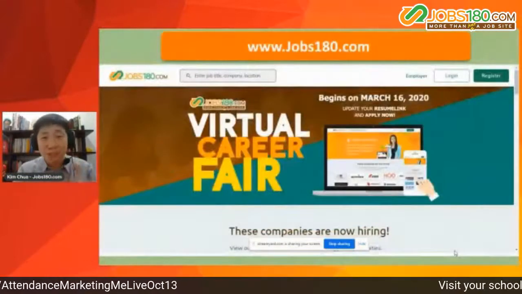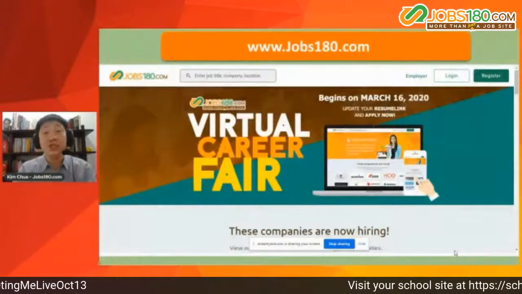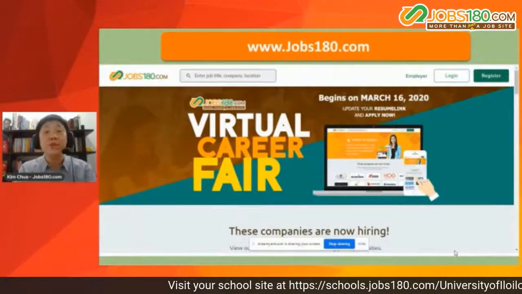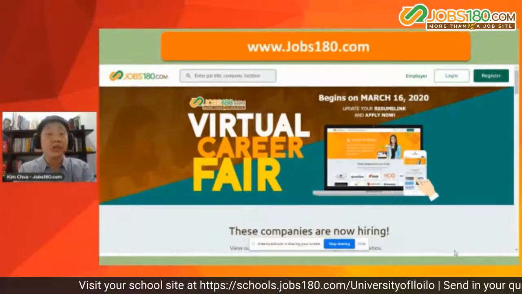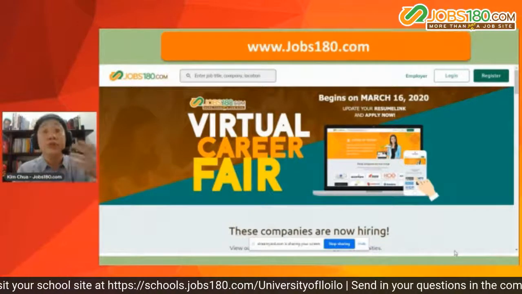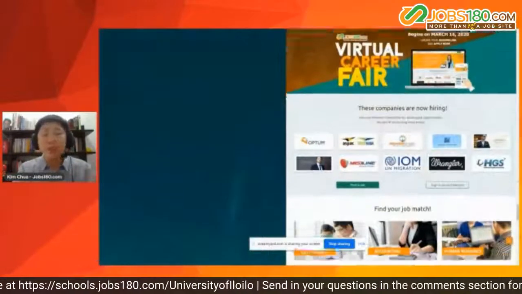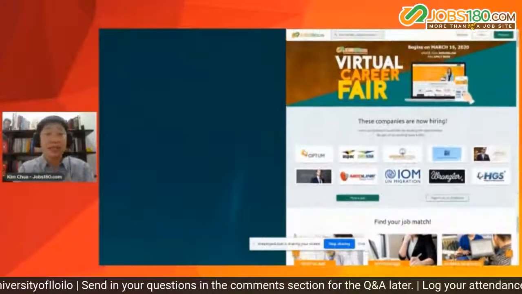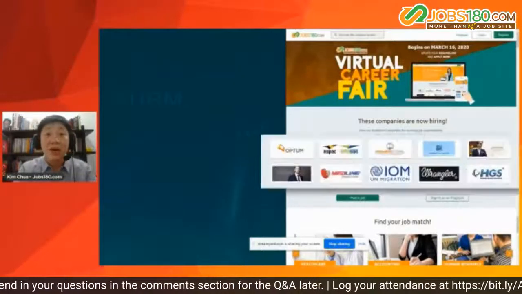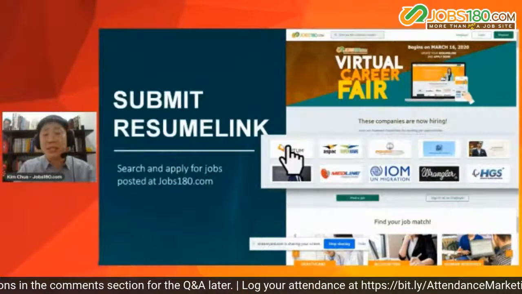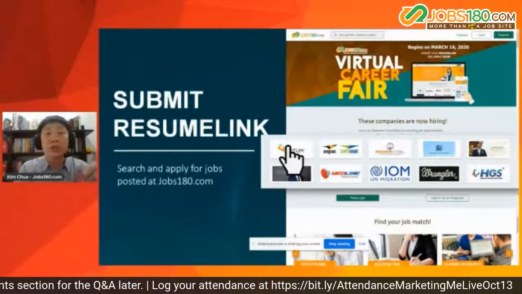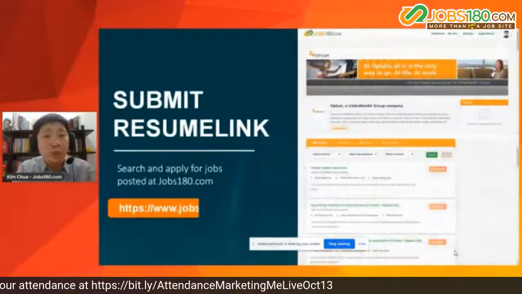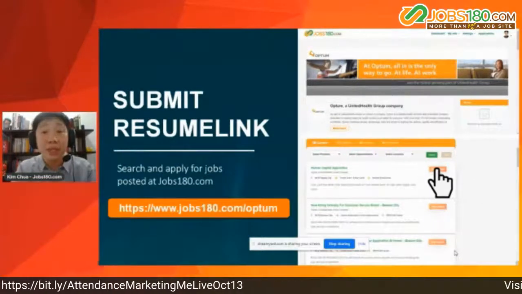Unang option, pumunta ka sa website ng jobs180.com. That's www.jobs180.com, and that's where you now start to look for companies. Type the companies that you're looking for. Pag may lumabas, edi good. Pag walang lumabas, edi wala. Okay? Huwag din pilitin. Okay? Now, you can also see there a lot of companies, a lot of company logos that you can shop around. You can choose, learn about the company, and if you want to be part of the company, I recommend you